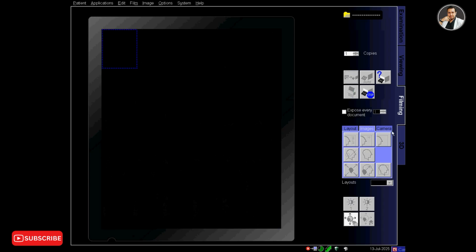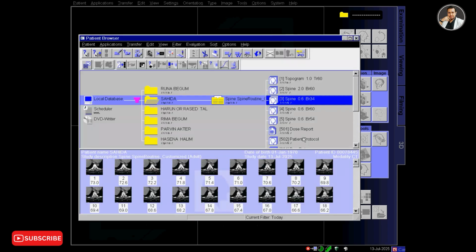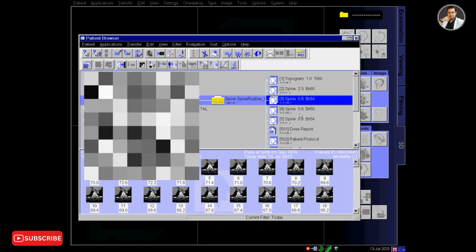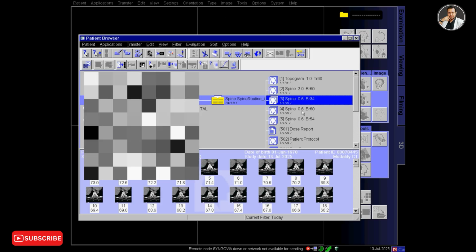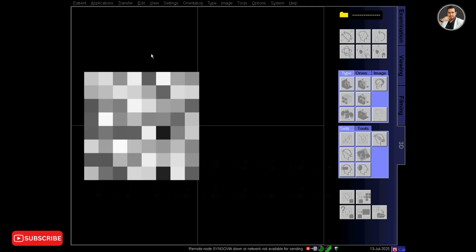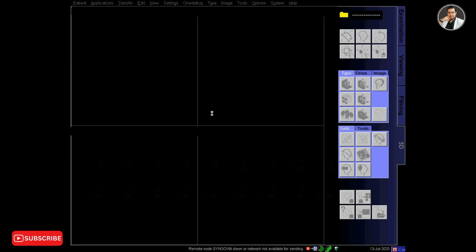And print out. So I have printed 4 films, and those were 2D films.